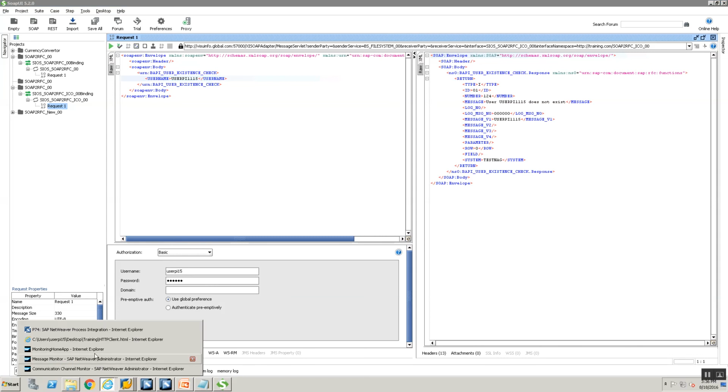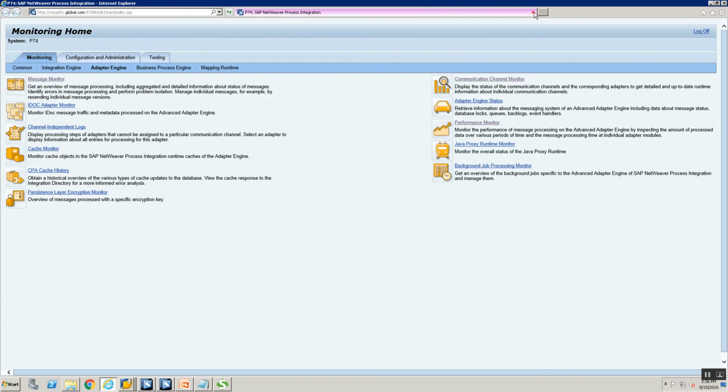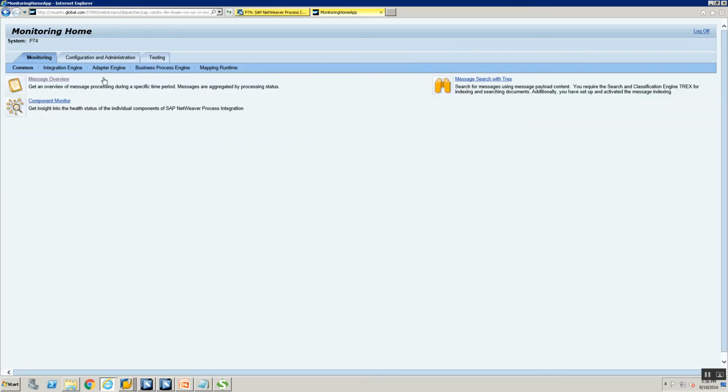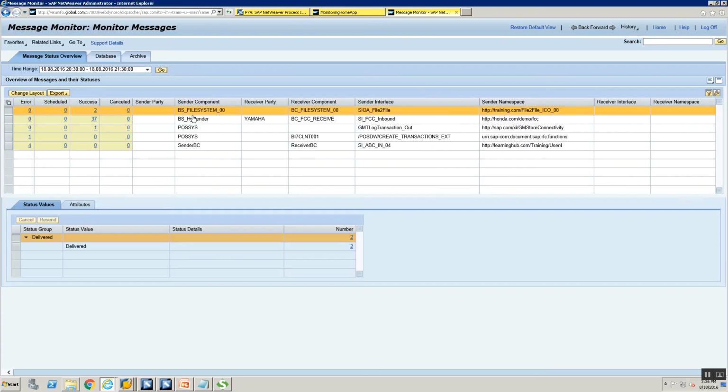How do I monitor this message? I go into message monitor. I close everything here first. I go to configuration and monitoring home. I go into adapter engine. I go to message monitor. I go into message overview. And here if you see,